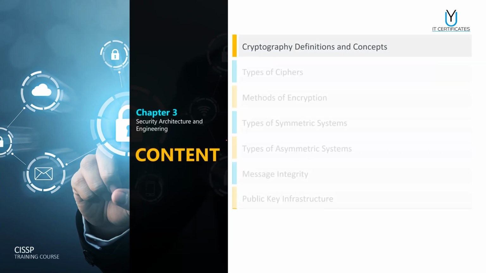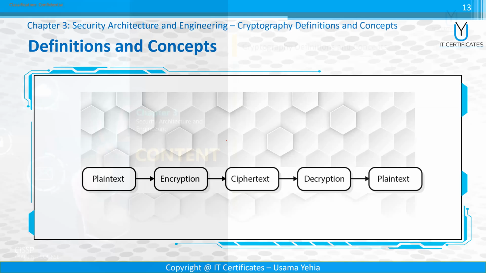We will start directly with the cryptography definitions and concepts. Usually, my friends, when we are speaking about encryption, it is a process. We will have a plain text, then we will encrypt the plain text by a specific algorithm. Then we will have the ciphertext. Ciphertext means that it is the encrypted data. And finally, you will find the